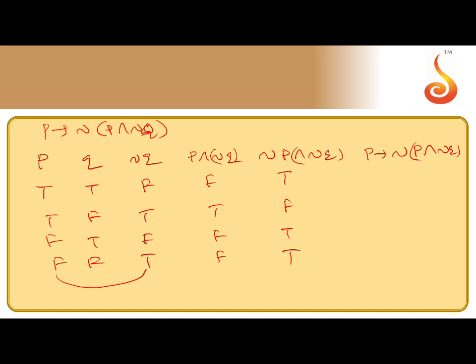Now next, P implication. What is the implication? For implication, T, F gives F. In other cases it is always true only. In the implication, T comma F gives F. Other combinations give true only. So P and this one you have to combine. TF is F, otherwise it is true only. So TT is T, TF is F, FT is T, FT is T. That means all are not true, so it is not tautology. All are not false, so it is not contradiction. So you can call it neither tautology nor contradiction.